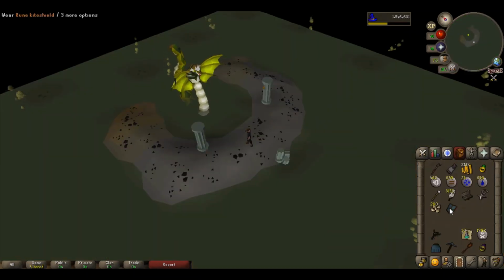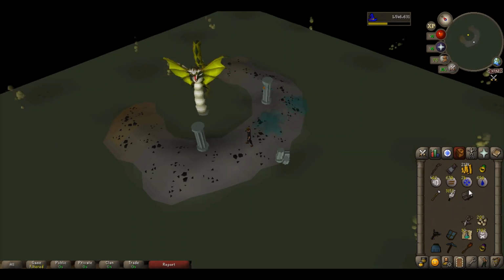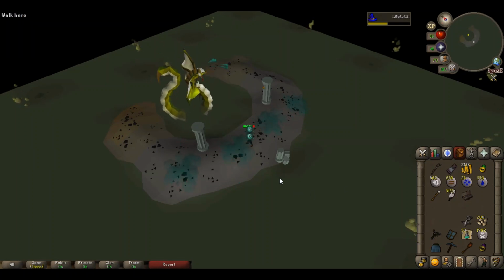Okay, moment of truth here. Hopefully this Zora item storage is fixed. Trying to move this all around. I only want these items right here, so I only need 10 items plus coins. So I'm going to go ahead and die